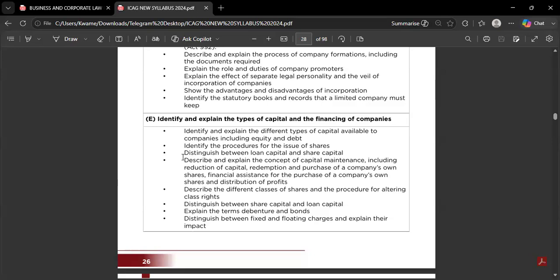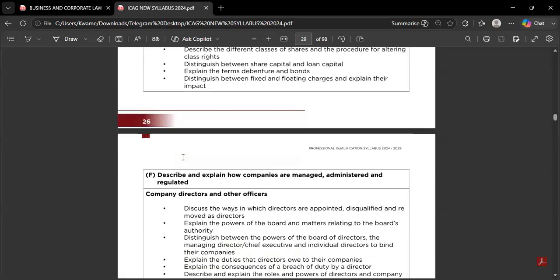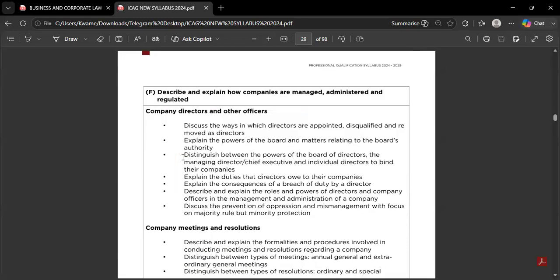Then we have the types of capital and financing of companies. Companies are financed in different ways. We have the share capital and we have the debt, whether they do so by issuing shares, or they raise their capital by going for loans. And for loans, we have various ways of doing that. They can trade debt instruments, or they can go to financial institutions for loans. We have various rules and regulations that come with that. Over there, we'll see equity shareholders, preference shareholders, and all that.